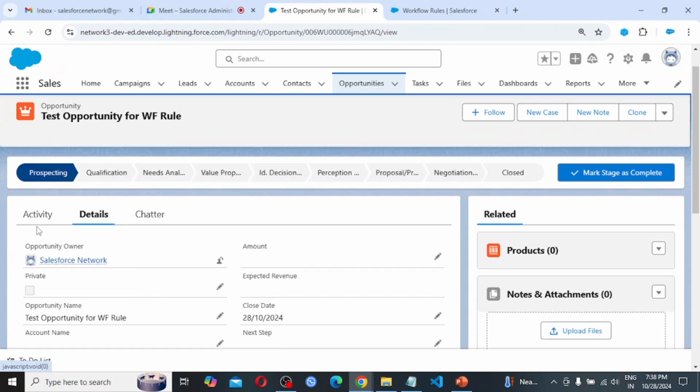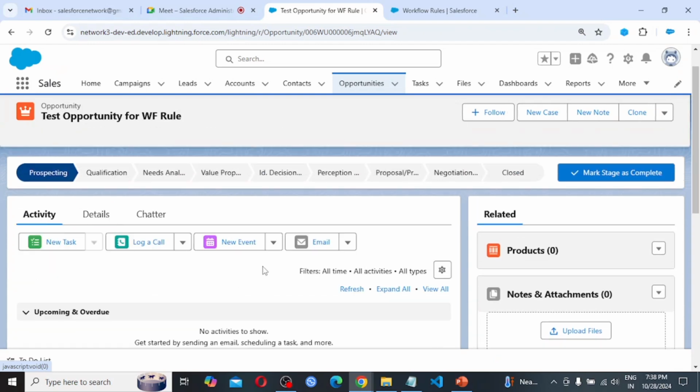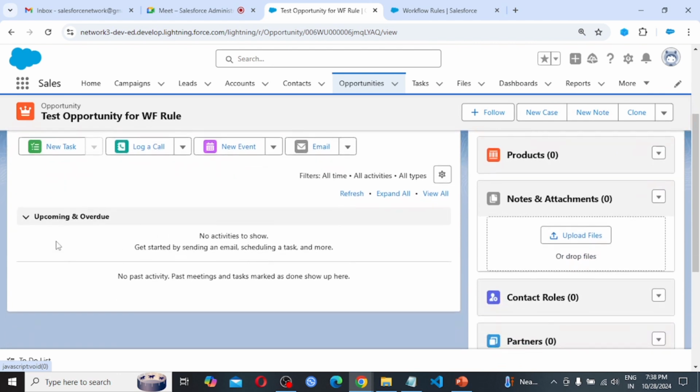And also if I am clicking on the activity, here we are not finding any task related to this opportunity. As this opportunity is not meeting the criteria, there are no actions performed by the workflow.